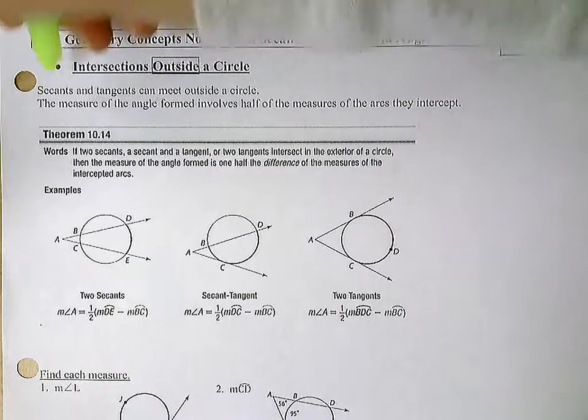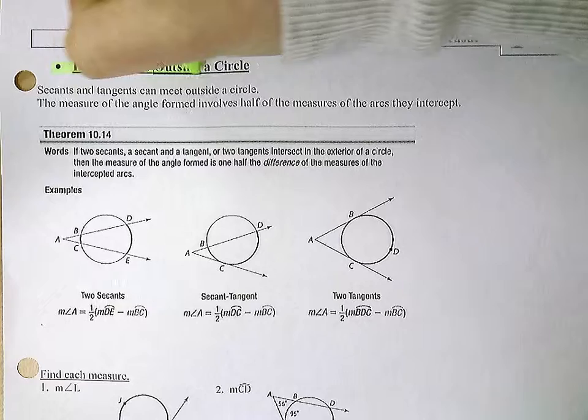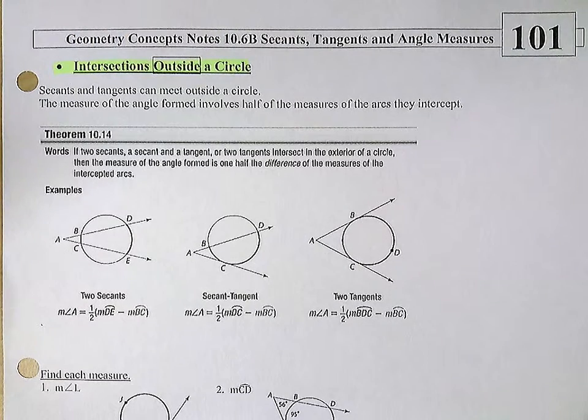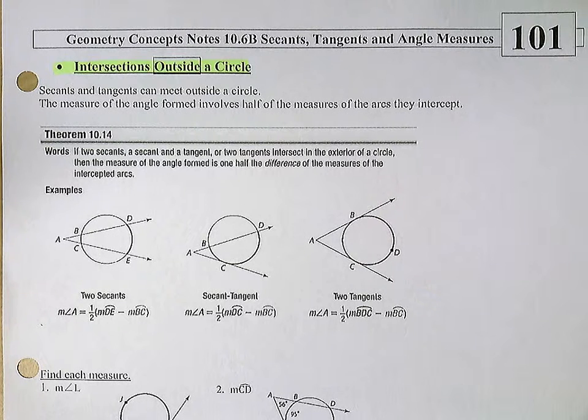Okay, so these ones are intersections outside of a circle. Again, last week, Friday, we went over inside of a circle and on the circle. So secants and tangents can meet outside a circle. The measure of the angle formed involves half the measures of the arcs that they intersect. Okay, so in words,